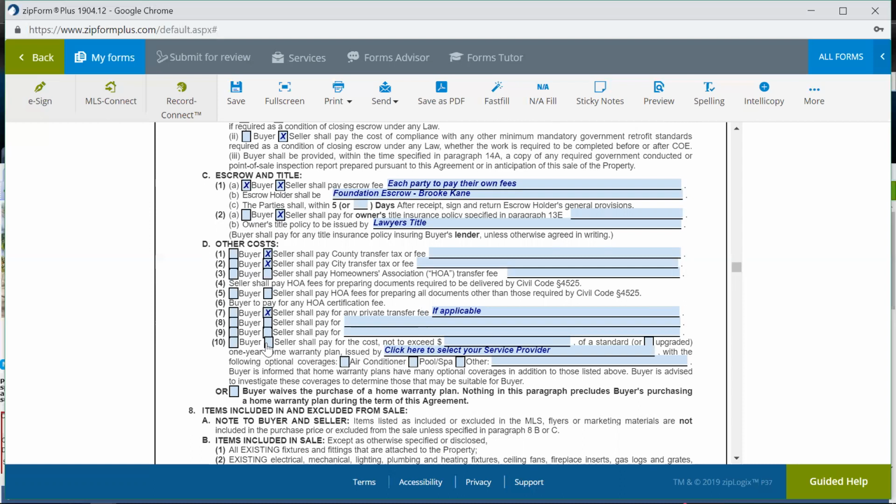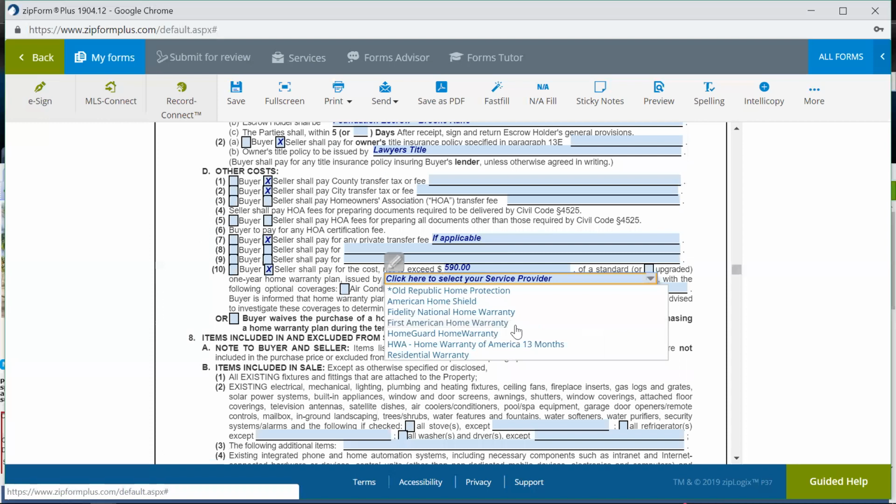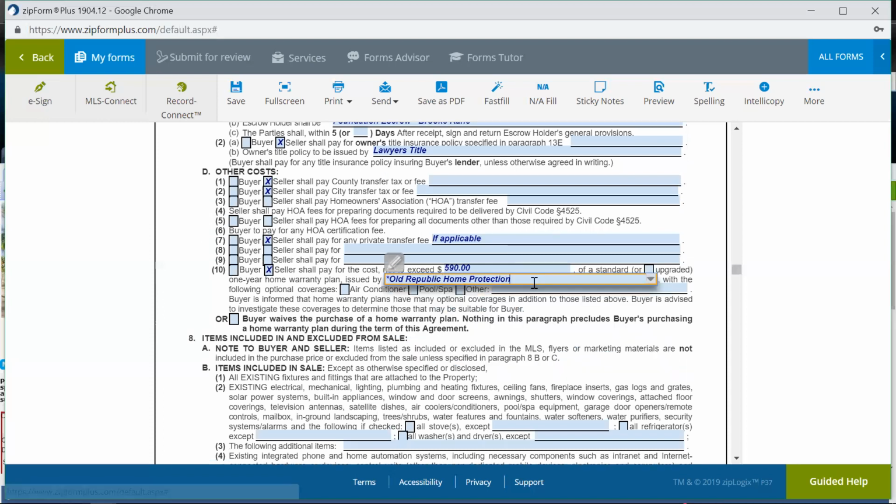Okay. After that, we want to go ahead and go to the home warranty. I would like to ask for the seller to pay for the home warranty. Now, if you read this carefully, it says the seller shall pay for the cost not to exceed however much you put in there. So let's say I do 590, and I know who I want to use. I want Old Republic Home Protection,